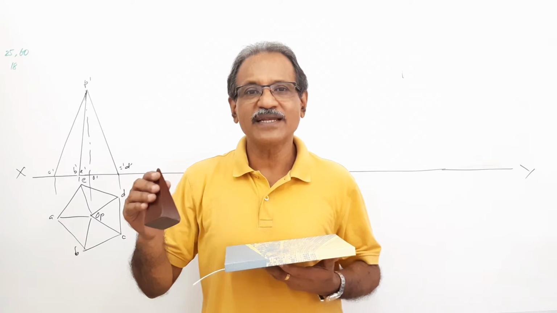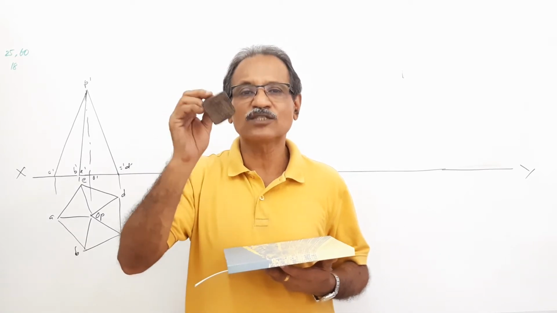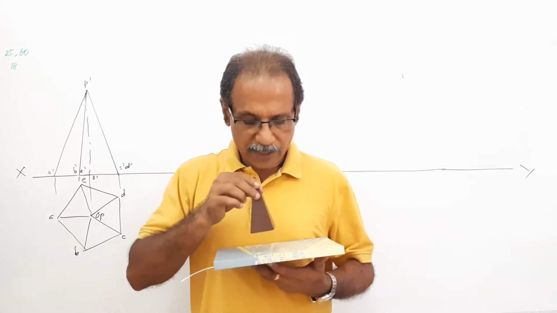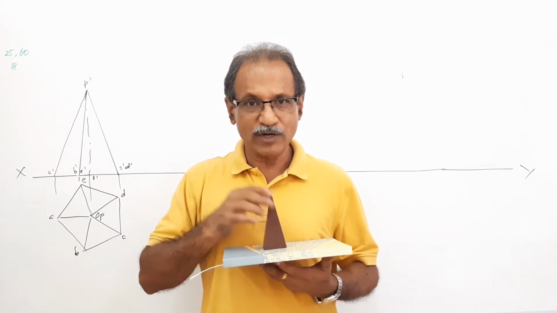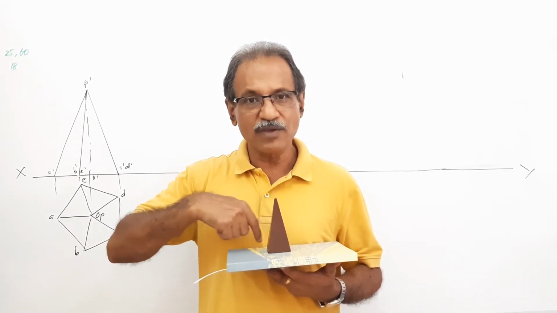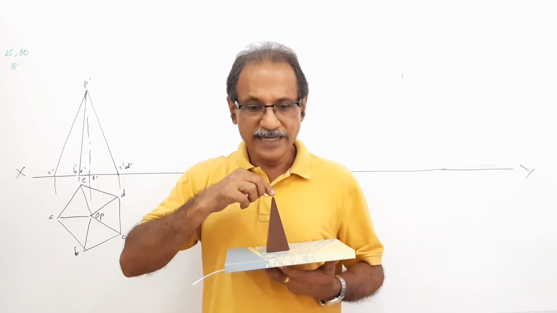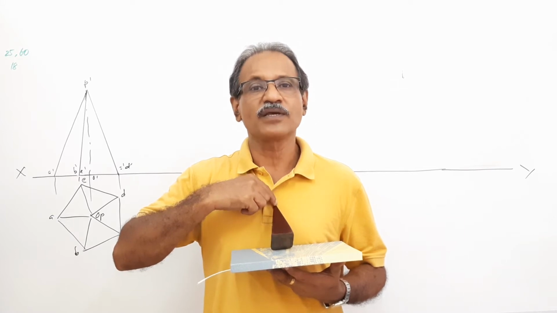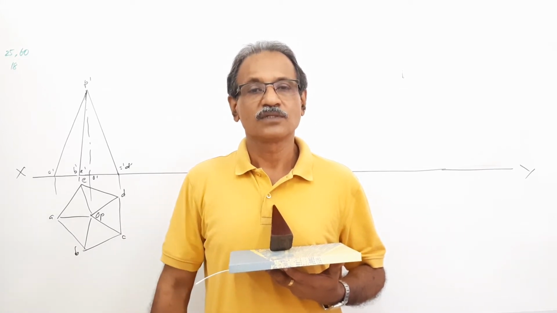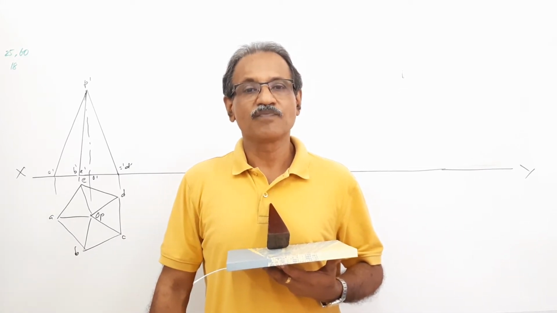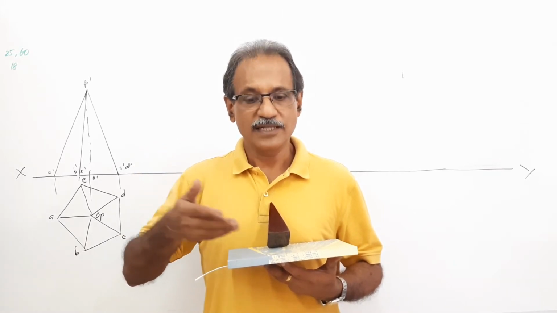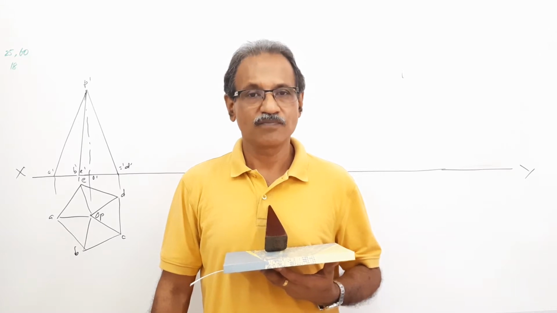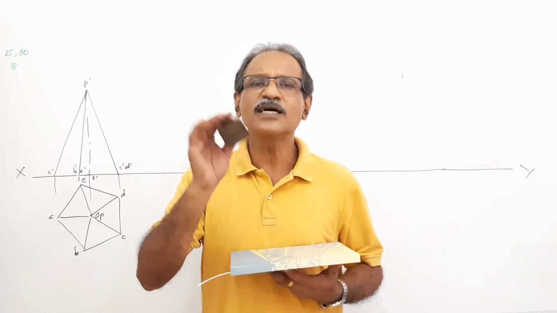Okay, let us explain that question with the help of a square pyramid, since I don't have the model of a pentagonal pyramid. A square pyramid is resting on HP on its base with a side of base parallel to VP. Now, tilt the pyramid about that edge holding the apex so that the apex touches VP. Look at this. The apex is touching VP, my chest. The base is exposed. You are asked to draw the plan and elevation of the pyramid. Agreed? Instead of it, it is a pentagonal pyramid.